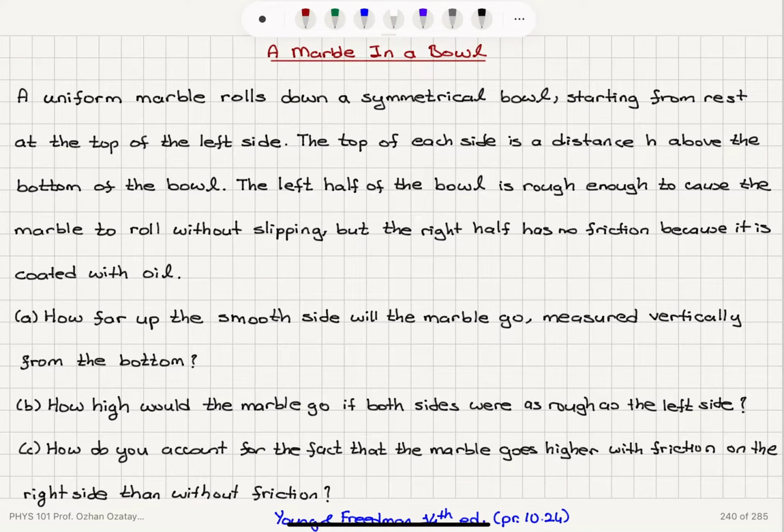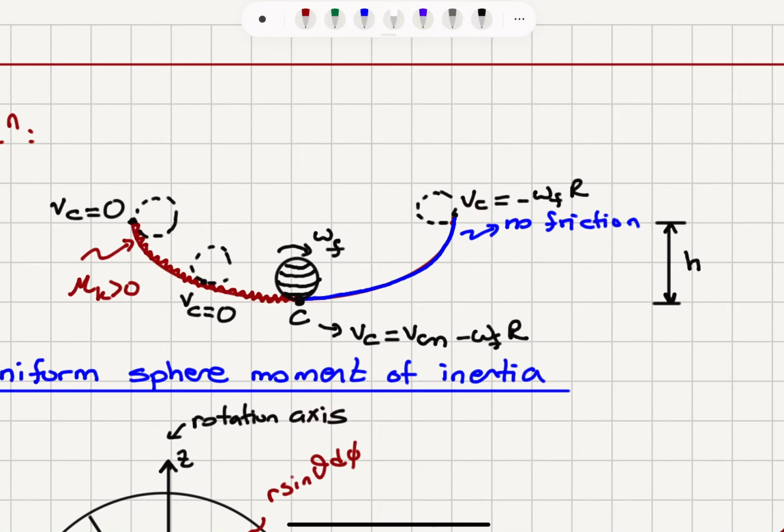Okay, so here is our bowl. We have friction on the left side, mu is positive, there's no friction on the right side, and we start with a zero velocity at the beginning, and then we roll without slipping. That means the contact velocity is zero, all the way to the bottom, a distance h from the top,